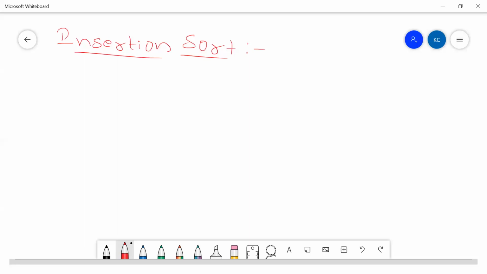Yes, we can add hash. Hashing is a technique that gives you searching in order of one time complexity, but hashing may not be applicable in every case. We have different tools to do different things, guys. For example, I have a hammer, I can do different things with it.